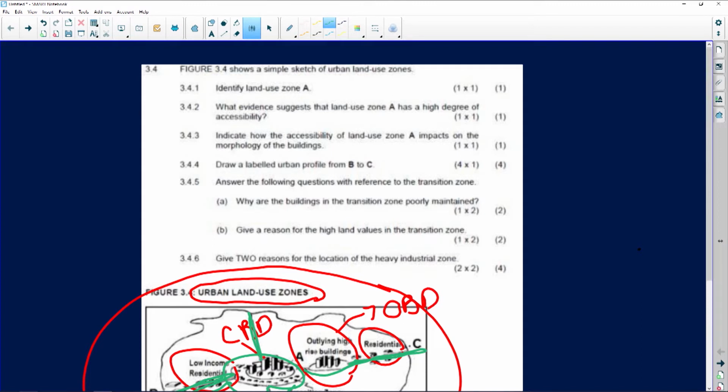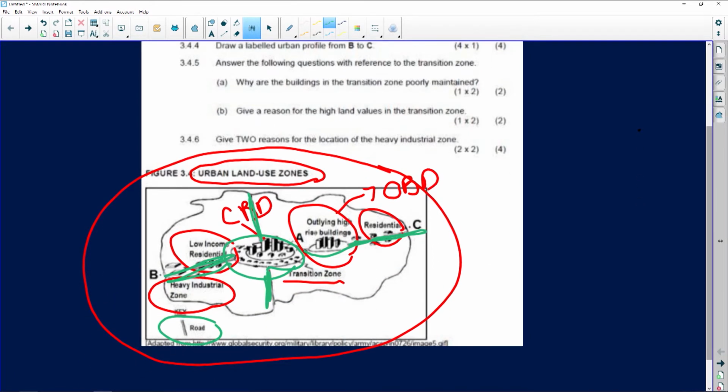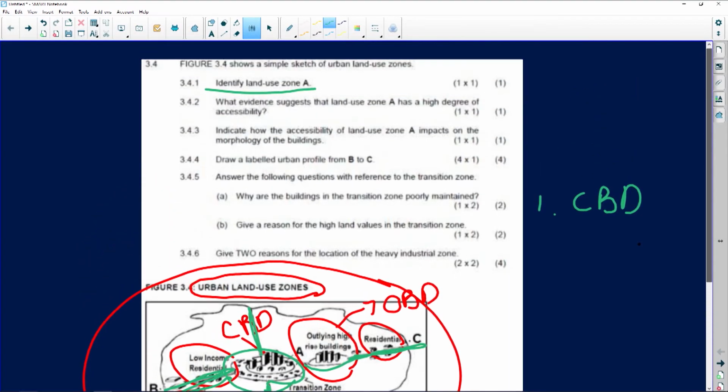Now, question 3.4.1, identify the land use zone. Now, if we go back to our diagram and if we look at A, we already identified it. We look at our first answer, and that will be the central business district. Now, it's very easy to be able to identify the central business district. It's usually in the middle of your urban areas. It's usually high-rise buildings and most congestion taking place over there. So if we go to our second question,